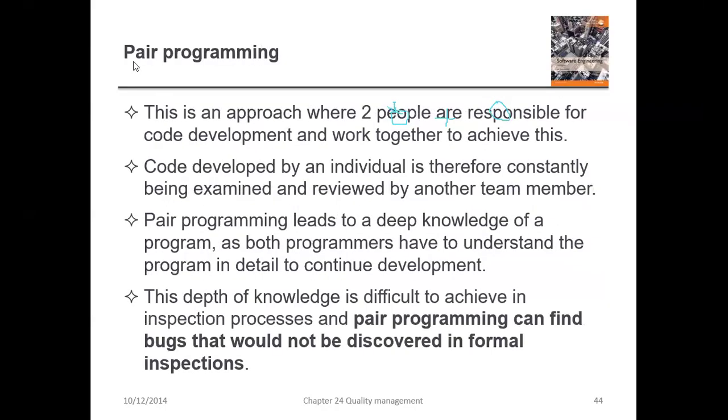So as I've explained, you can see the text on pair programming. This is an approach where two people are responsible for code development and work together to achieve this. Code is developed by an individual and is therefore constantly being examined and reviewed by another team member. So pair programming leads to a deep knowledge of the program, as both programmers have to understand the program in detail to continue development. The depth of knowledge